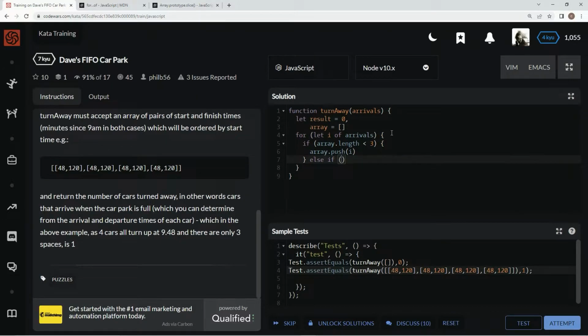And then right here we're going to say array[0][1], so basically this number, is less than i[0], the new i[0]. So let's say the next number, like this number, is 121, right? So if this number is less than this number, if it was 121,